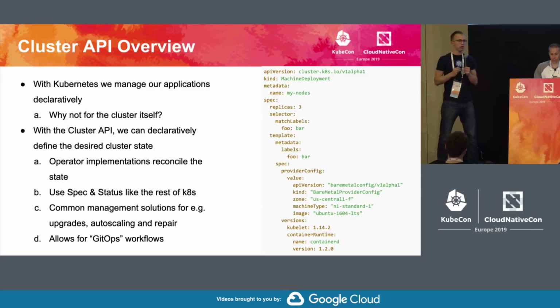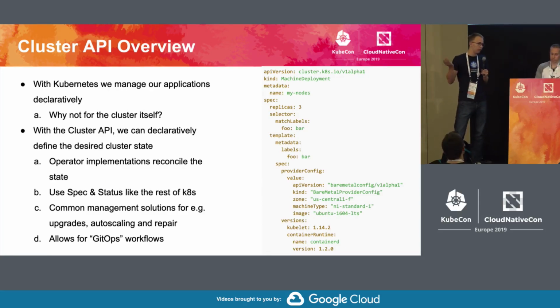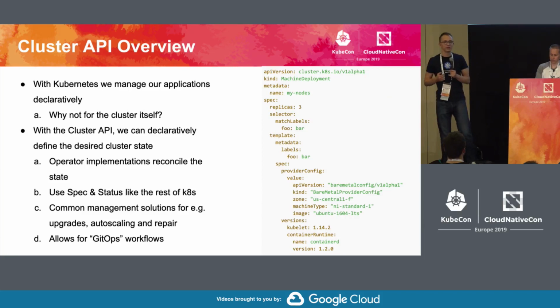And everyone has a slightly different version or incantation of the software stack that you've managed to configure or install inside this. That is an untenable situation. So instead, now you declare the desired state like this as a machine deployment, for example. Then you have an operator, well, a Cluster API implementation, if you like, that creates